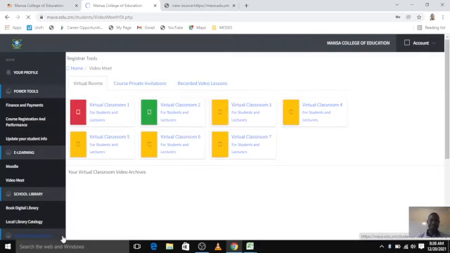Basically we have a number of classes ranging from 1 to 7. So individual lecturers will have to tell you which class will be available for use. So you notice from here that you have classroom 1, classroom 2, classroom 3, classroom 4, and up to classroom 7. So these are the classes that you have. Let's assume that the lecturer told you you are going to meet in classroom number 2. So you all need to just tap onto that particular class. It's a video conference tool that allows you to